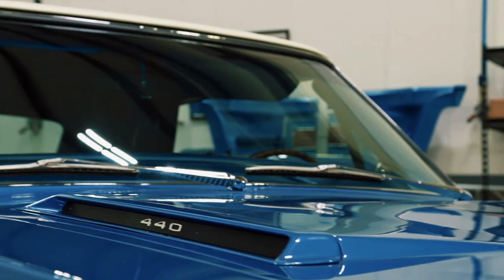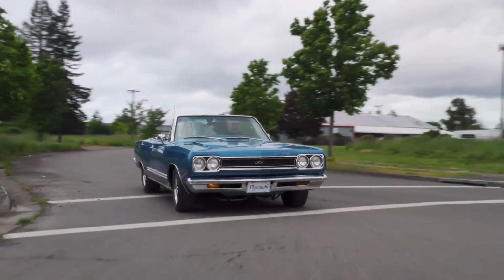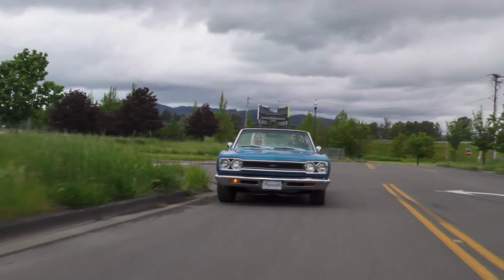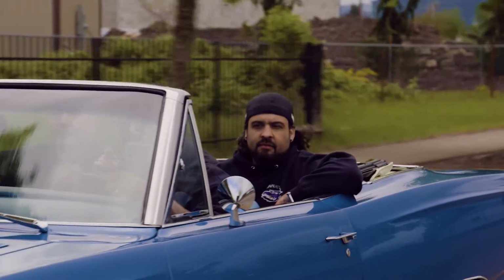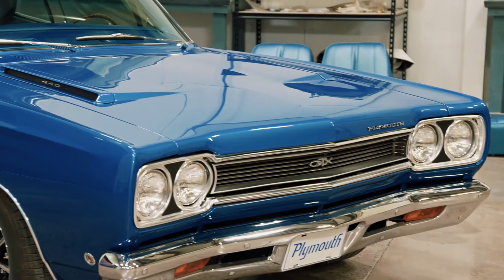Not a thing. There's even an introductory tape made by Mopar back in the day that calls it a GTX. The guy says, the 1968 GTX. So it didn't stand for